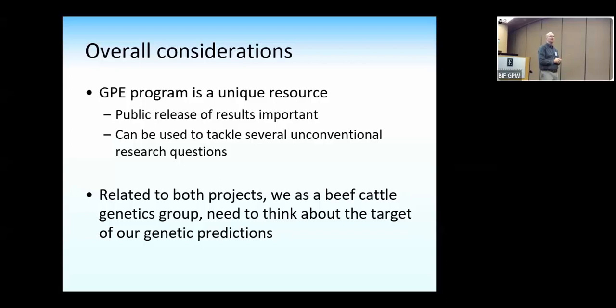How well are we making sure our differences show up and come out in the commercial herds that are going to be using this data down the road? I think we need to take a step back and think about that. What do we want to be doing with that, and where do we want to be going in the future? That impacts both genotype by environment and what we're doing to make sure we can predict the performance of animals in those commercial herds, those commercial feedlots, on down the road. Matt will talk a little bit about some of those things in his discussion as well.